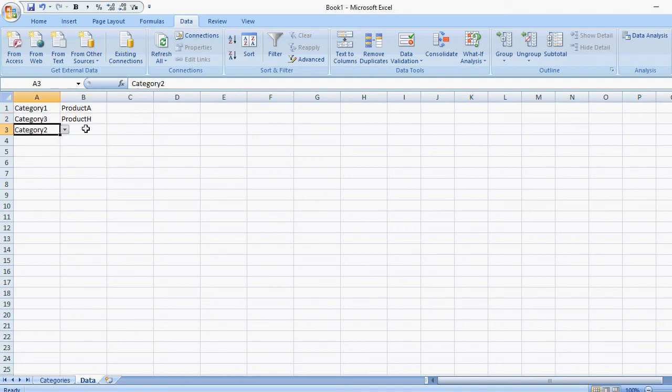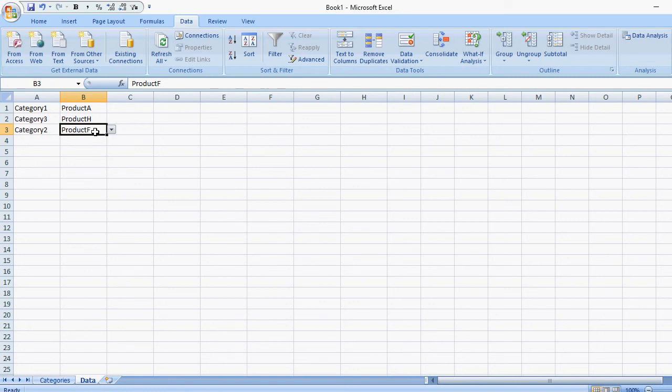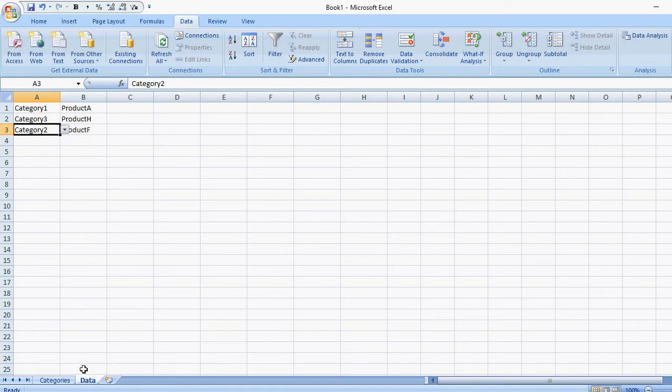And so as you can see, now you can do a drop down that's based on previous selections. And so there are infinite possibilities as to how deep you want to go, because all you really need to do is set up the named ranges and then use the INDIRECT function to reference the previous selection. And as long as that selection is equal to a named range, for instance, category 2, that is a named range right here, category 2. If it's not, then it's not going to work. So the key is to make sure that the value selected in column A relates to an actual named range